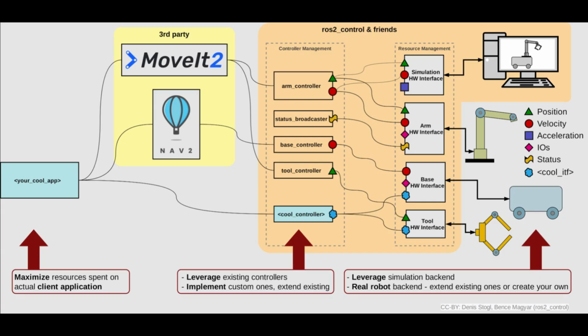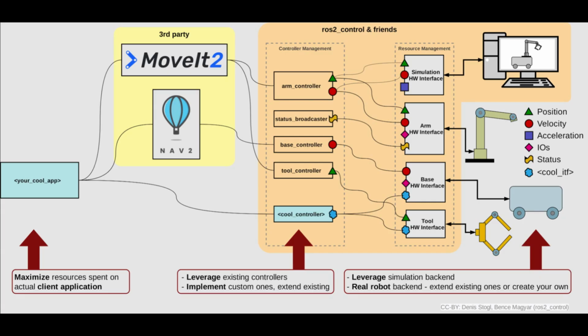MoveIt2, with help from Nav2, the navigation software stack for ROS2, plans out the detailed movements needed: reaching for the object, grasping it, lifting it, moving to the new location, and placing it down. These plans are sent to ROS2 Control's controller management system, which has specific controllers for the arm, gripper, and base. The arm controller, the joint trajectory controller for example, breaks down the plan into specific joint movements and sends these to the resource management system. The resource management system communicates these commands through hardware interfaces to the actual robot parts, or